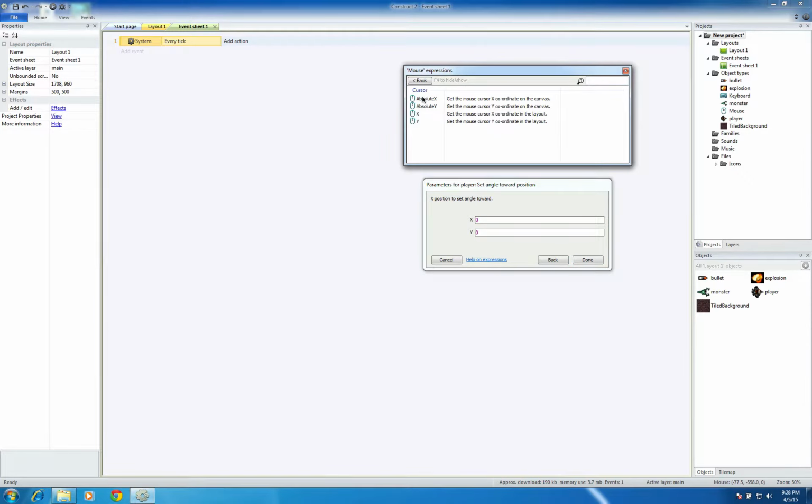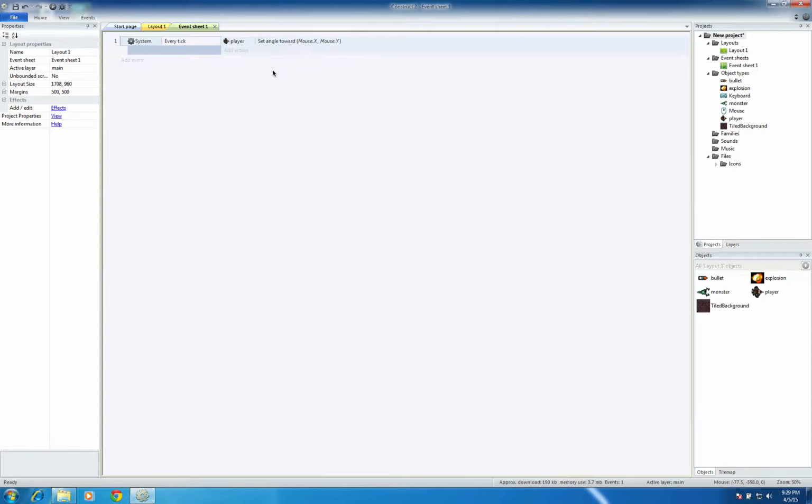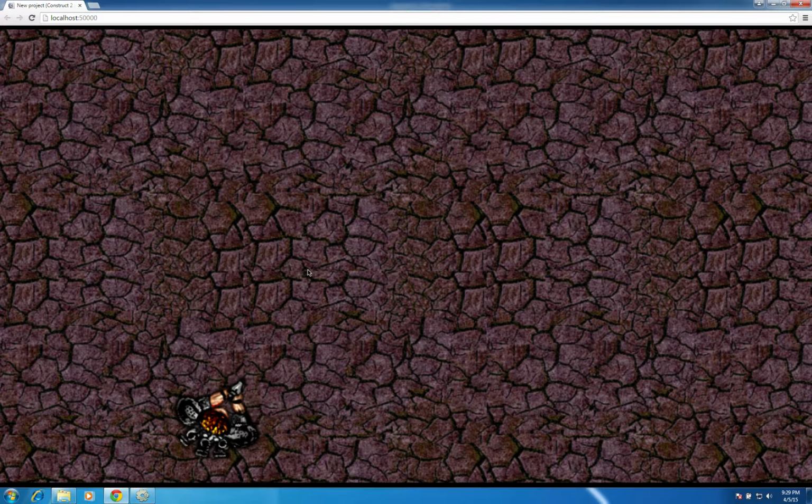So if I clicked on mouse, I could see what I can use for this stuff, right? And if I actually did it this way, it auto-populates mouse.x, or you could just type it if you wanted to. So we're just saying pretty much every tick I want my player to have its angle set by wherever my mouse is. So if I actually hit play, here, let me move my guy. It's just going to follow my mouse. Alright,